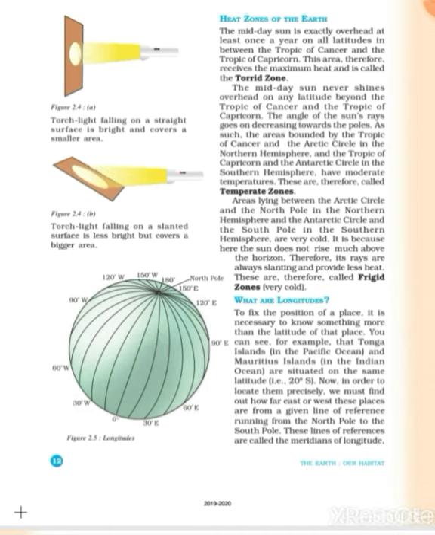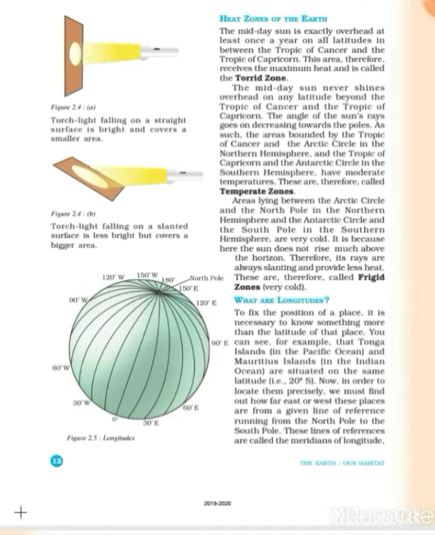It serves as a reference line for numbering the other meridians, right? Because the degree of the prime meridian is 0, the other meridians lie either to the east or the west of it. The meridians are numbered up to 180 degrees to the east and 180 degrees to the west from 0 degree longitude, or the prime meridian. The value of a meridian is followed by the letter E or W. Note, try to keep in mind that the 180 degree east and 180 degree west meridians are the same. They are not two meridians, right?